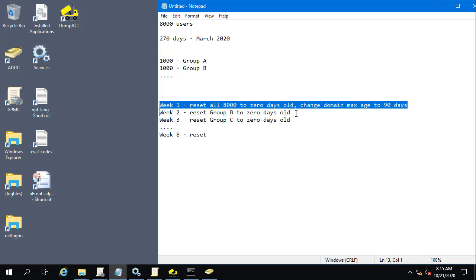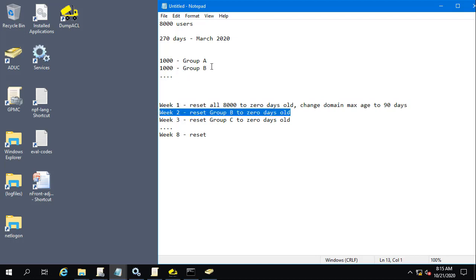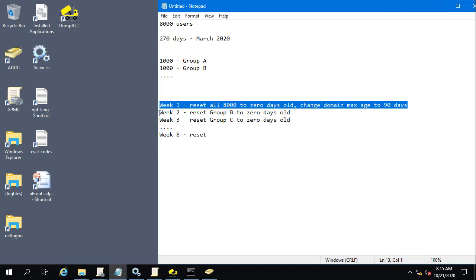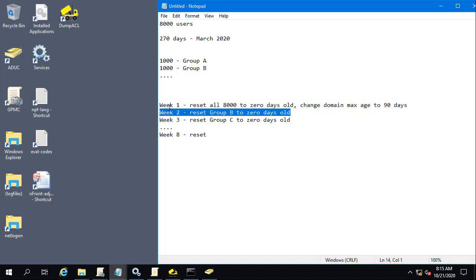Then in week 2, you want to take the group B that you have and reset that to 0. So now the first group, their password age is about 7 days old. And then in week 2, those are back at 0 for that group B. And then group C, when you get to the 3rd week, you're going to reset their password to an age of 0, and week 1 has already aged into 14 days old, week 2 is 7 days old, and you can see what we're doing is week by week we're balancing out the password age. Now of course this is extending that age even a little bit more as we transition through this, but the point is that we've cycled back to a